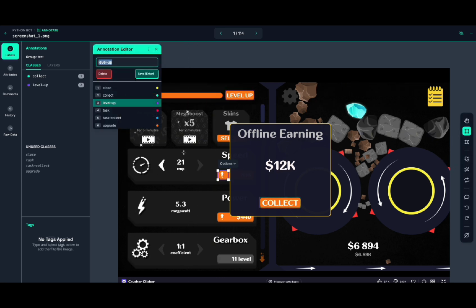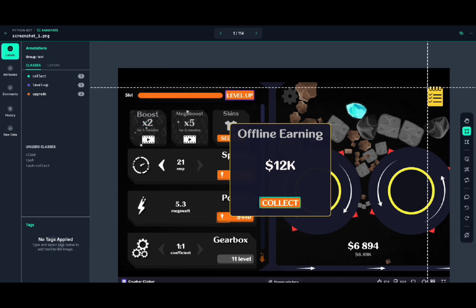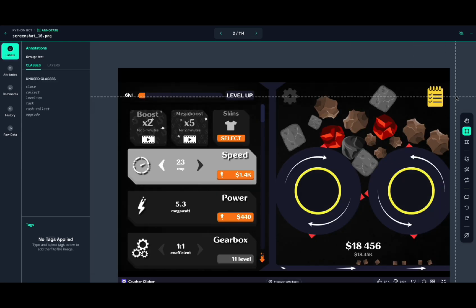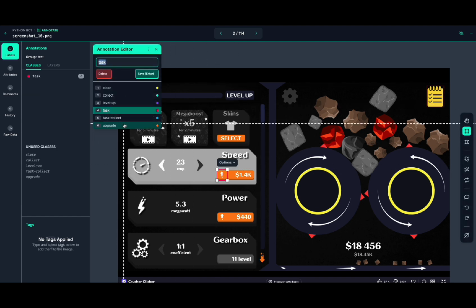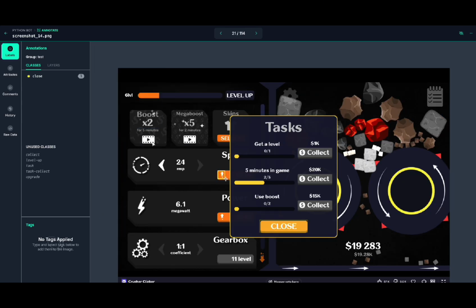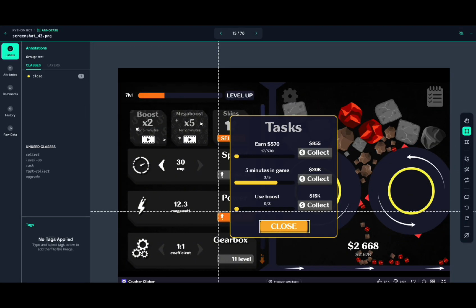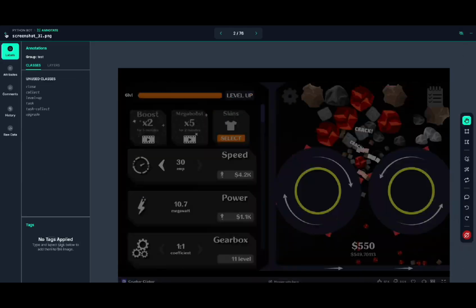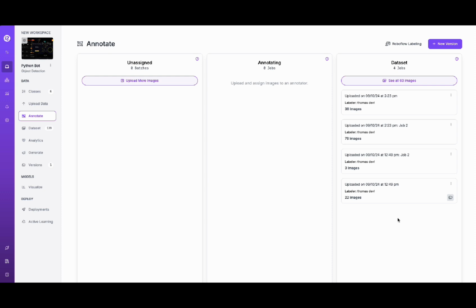So for example, for me, I chose upgrade for the little arrows, the level up, the task, and the collect, and there's a few more. And you'll have to do this for every single image that you have. The more you have, the better results you'll get for your final model. Once that's done, you can add the pictures to the dataset, all the labeled ones, and you will be able